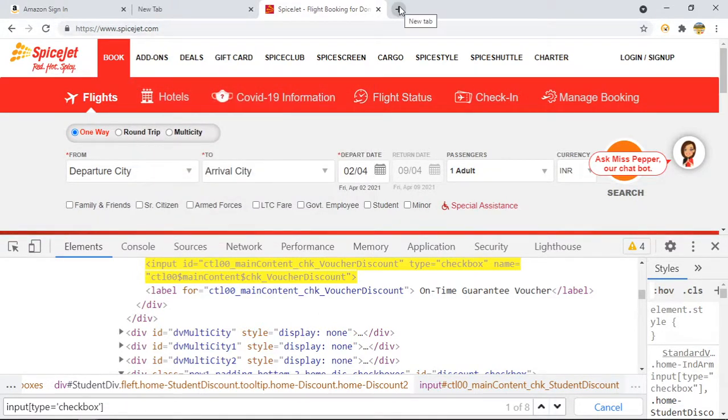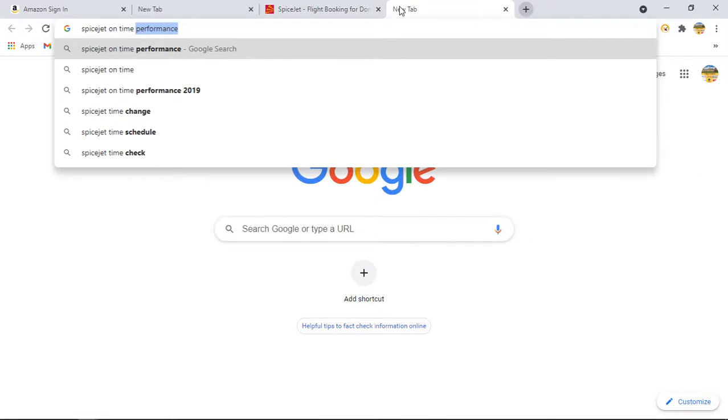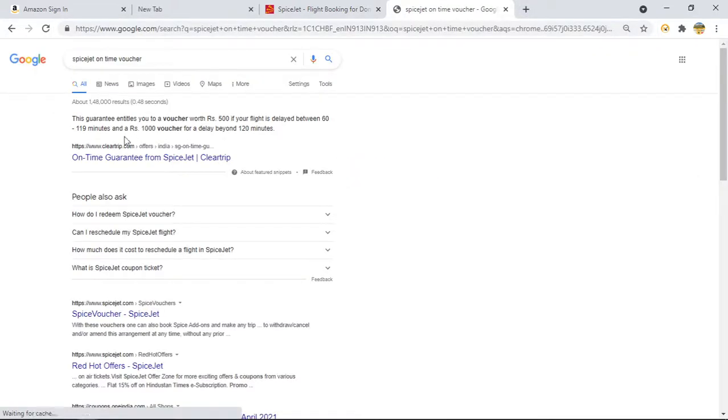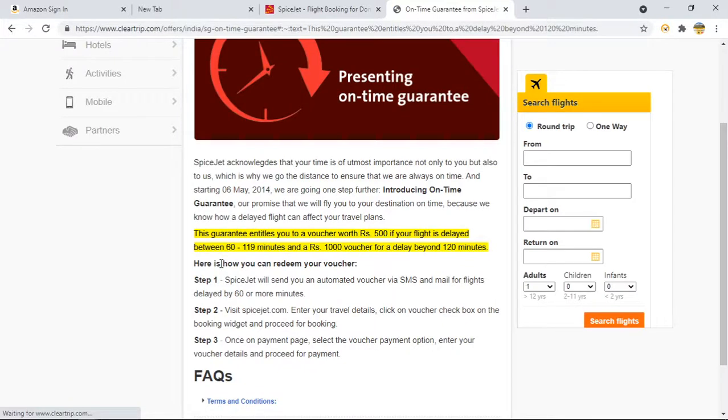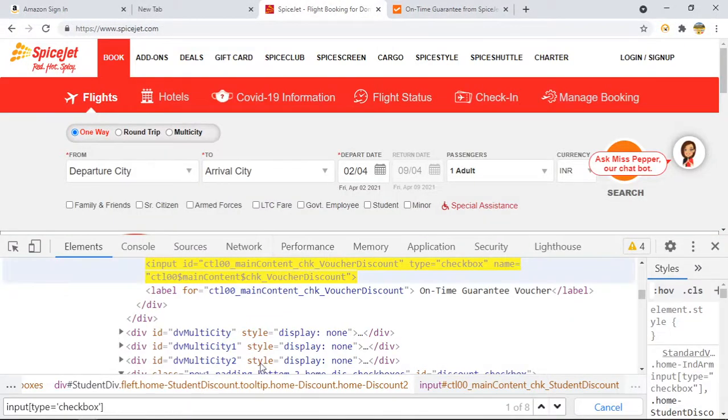Let me search on time guarantee voucher. Where can we find this? Okay, instead of wasting time, I will check later where it is present.